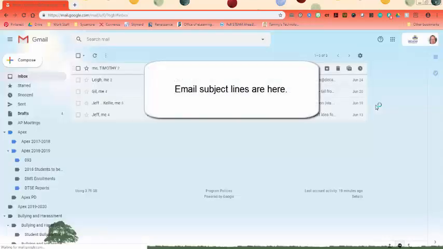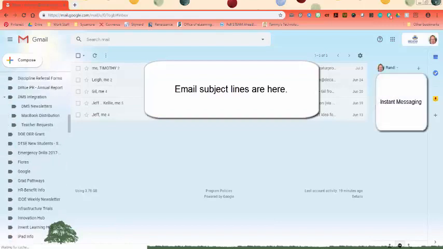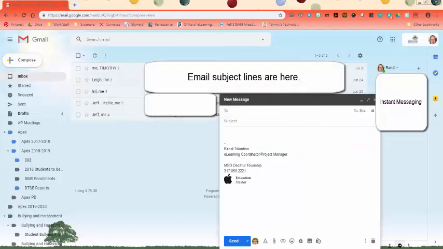Within your Gmail account, you'll have a listing of all of your emails. You'll have a listing of all of the folders that you may have created to put your emails in. And you'll have a Compose button. If you click Compose, that's going to give you a pop-up box where you can choose who you're going to